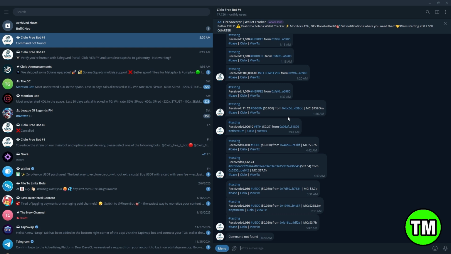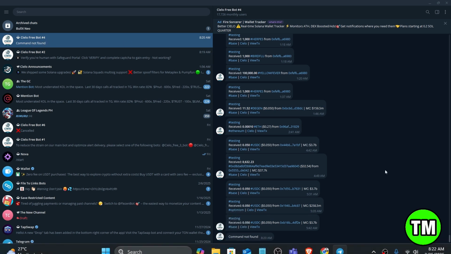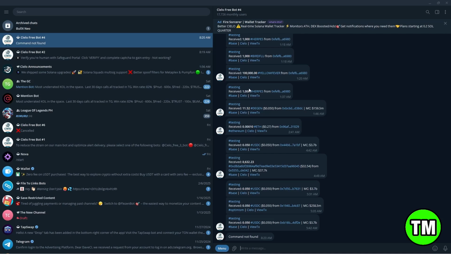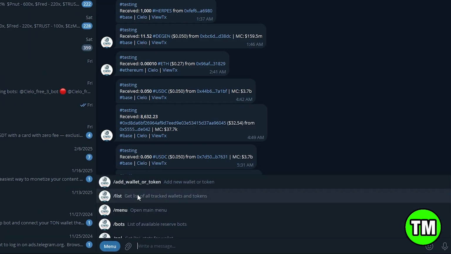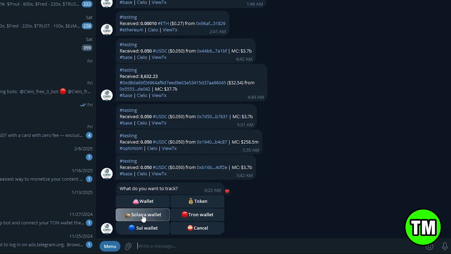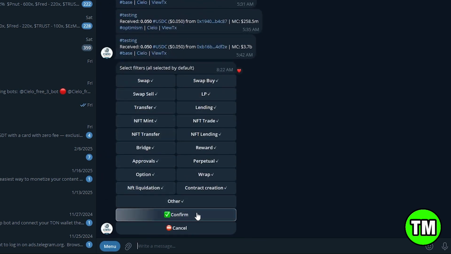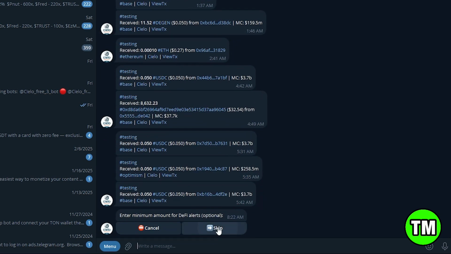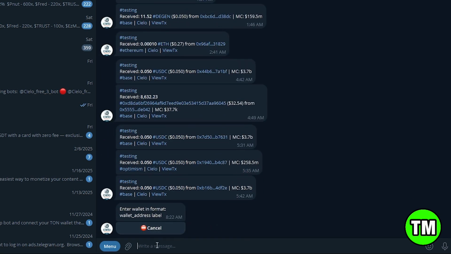Telegram. So Telegram is what we're going to be using to track, and let's go ahead and find something called Shell of Free. But in my case right now I'm using number 4, and this is basically how it's going to look when you are tracking it. I'm going to click the menu here, click add wallet or token, and then we're going to choose Solana wallet. Afterwards, just go ahead and confirm everything here, skip this one, and then let's